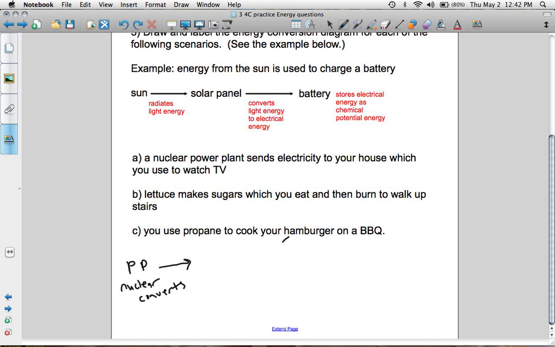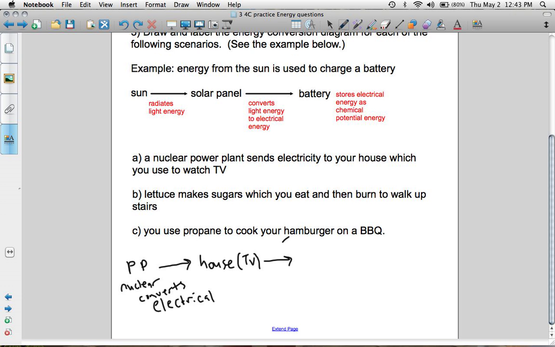You could tell me that it converts to thermal energy, which is heat, which then causes steam to power a turbine, which converts to kinetic energy, which turns around, which then turns a generator through a magnetic field, which generates an electrical current, which goes to electrical. So we could put nuclear, converts to thermal, converts to kinetic, converts to electrical, but I'd be fine at this level if you just told me that nuclear becomes electrical, because I don't know how in-depth we went on how that works. The electrical then goes to the TV, or to our house,